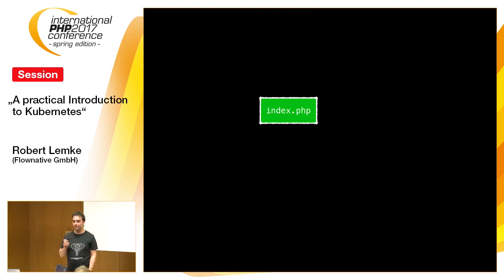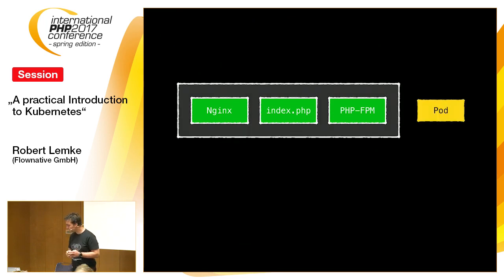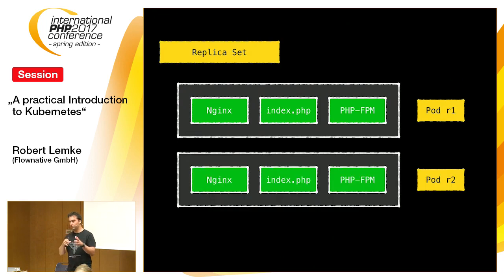Okay, you have your PHP application, which is in one container probably, right? Like a data container or so. And then you have further containers based on images for something like Nginx and PHP FPM. And then you group that into one pod. You can do the same with Docker Compose, of course, for development. And that is your application. And then you define that whole pod can be replicated and receives traffic on a certain port, like port 80 or something, right?